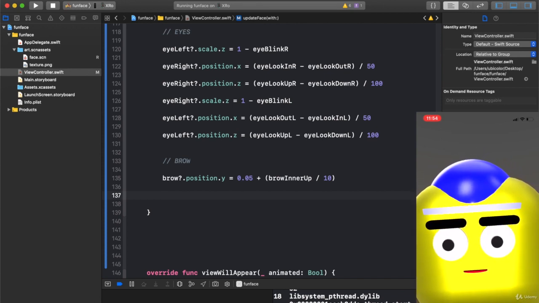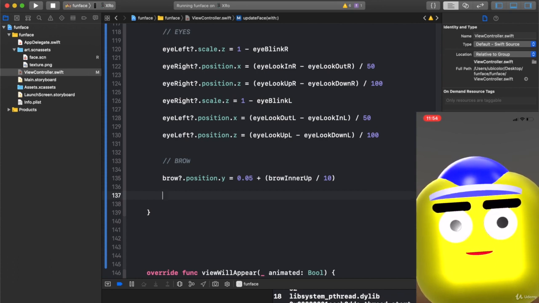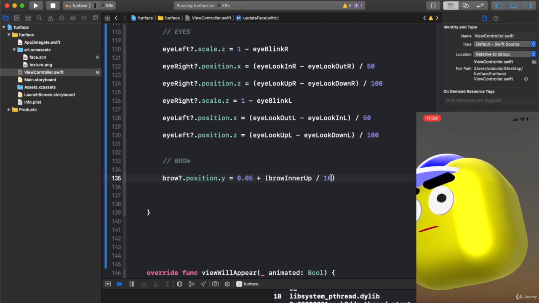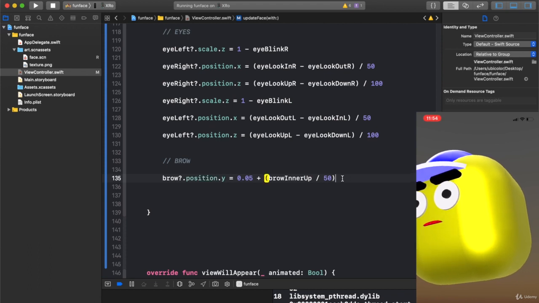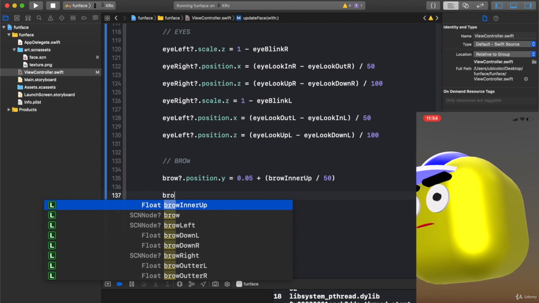I think I'm just going to divide by 100 instead. I don't want this to move that much. So in here, let's do, or maybe 5 times less. So I'm just going to divide by 50. Okay, now our brow